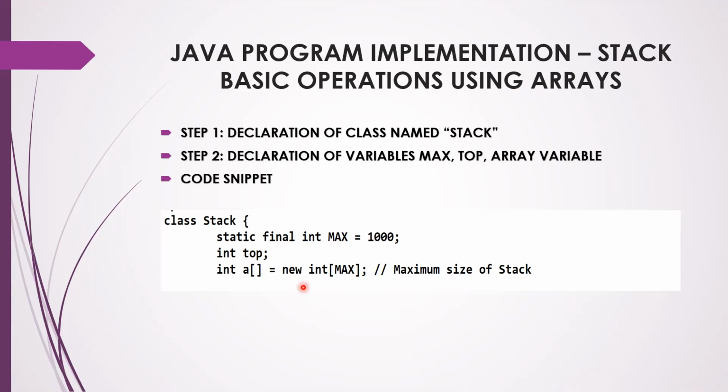Now we have to come to the array declaration. We are going to implement stack operations, push and pop, using the array. So you should declare the array. You know the syntax: primitive data type int, followed by the array name A, then the square brackets, equals new int, and then you can give the number directly or you can give max, because we have declared max before. So the maximum size of the stack. Here max means 1000.